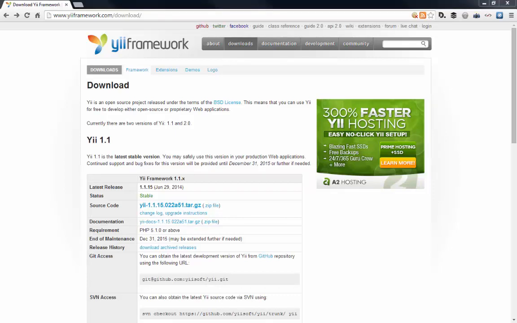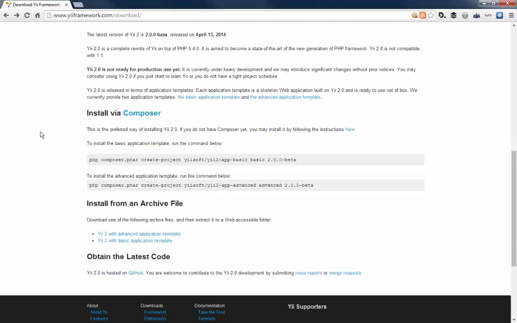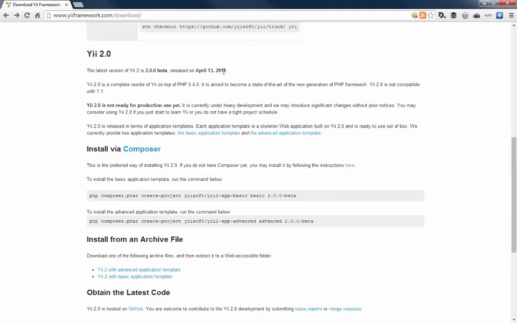All right, so now it's time to get our Yii framework 2.0. You'll want to jump on over to www.yiiframework.com, download and get the framework. And you'll scroll down the screen to Yii 2.0, and you'll want to get the latest version, which is April 13, 2014. Of course, if you install via Composer, you're going to get the right one. Use that command line that was in the introduction PowerPoint to run your Composer and download the install, and that way you'll be following right along with a yiicomm